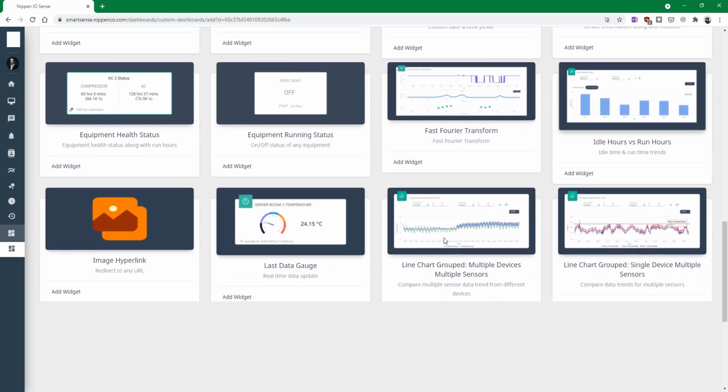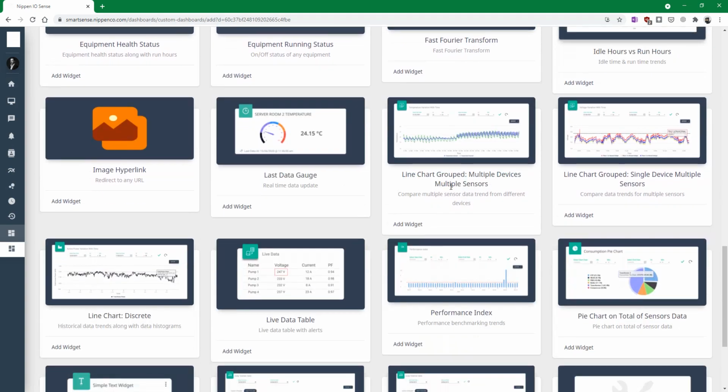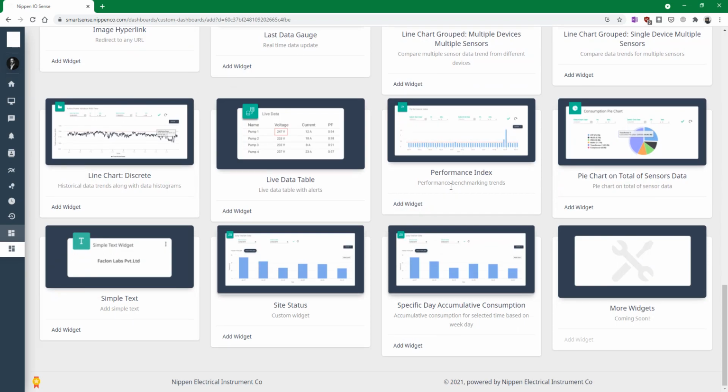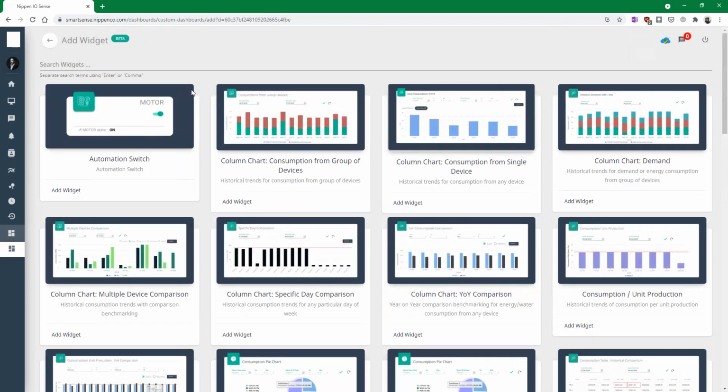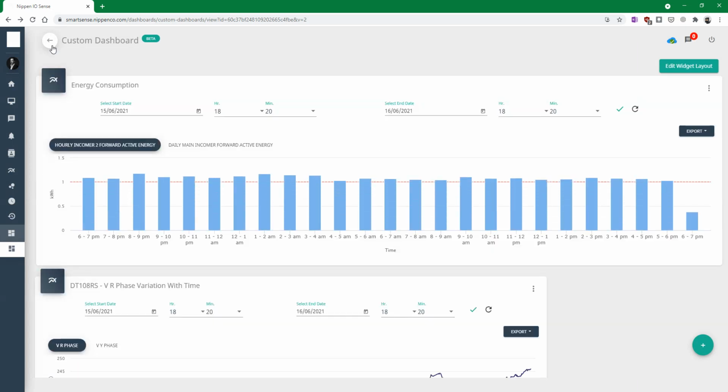An advanced widget on the platform would be a fast Fourier transform, which runs FFT on the voltage or current wave of the device. Using such widgets on the platform, a client can integrate them into a curated dashboard for faster and efficient analysis.